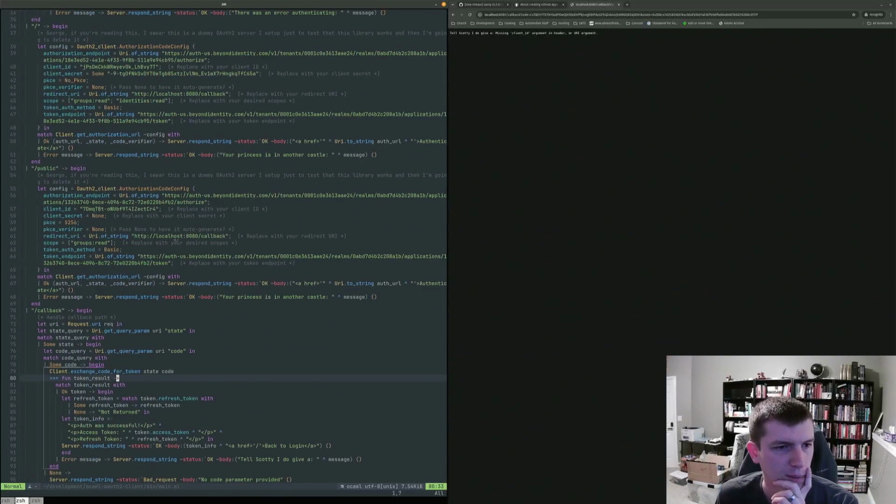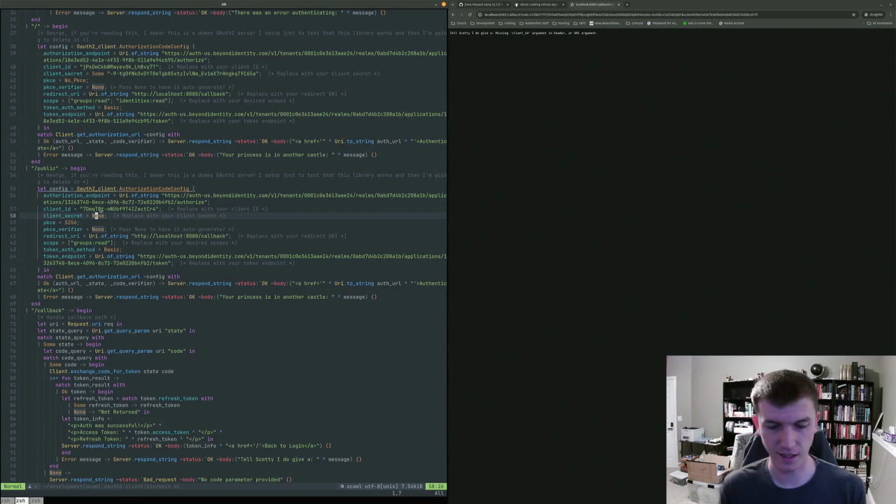So let's go to public. Here's public. So we got our client ID is blah, and our client secret is none. So that's our new change. The change I made last night was that I want us to pass an option type to client secret instead of just a string, because I don't want to have to try to figure out some other fancy way to do it. I just like option types.